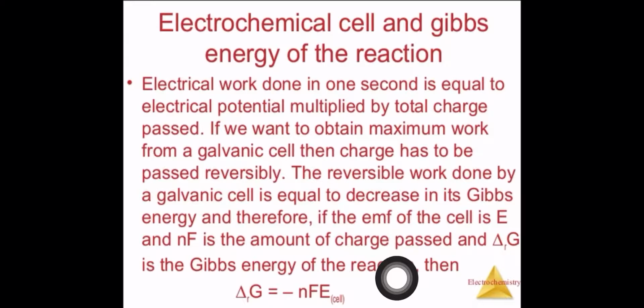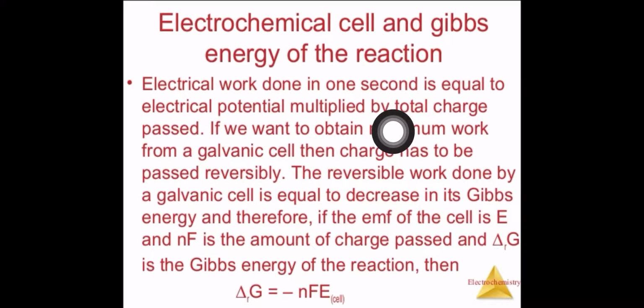Okay, I am explaining this portion once again, that Gibbs free energy, that is the decrease in, that is delta rG, is equal to what? Minus nFE cell. E cell means what? Our electric potential, so it is mentioned over here, multiplied by the total charge. So how much charge will be flowing? That is number of moles into Faraday, right? So number of moles into Faraday is the total charge. Okay, at that particular time, multiplied by the electric potential. Okay, so charge into potential. Now charge is nF and potential is E of the whole cell, that is E cell, right?